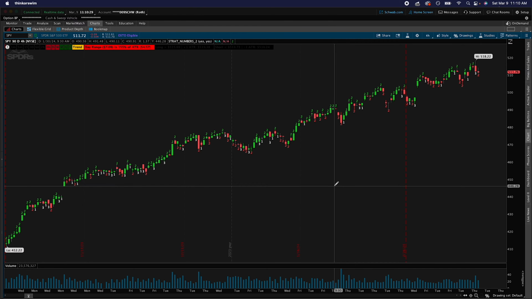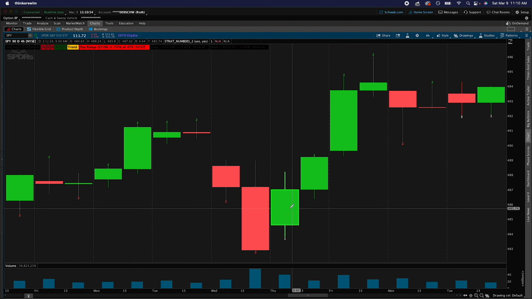Now, what I love about the strat the most is getting in. What are our entries? What are our stop losses? What are our targets? With the strat, it makes it extremely simple. And I'll zoom in so we can see some examples. So with the different scenarios that we discussed earlier, you can essentially